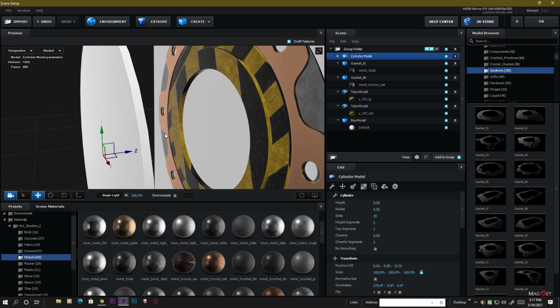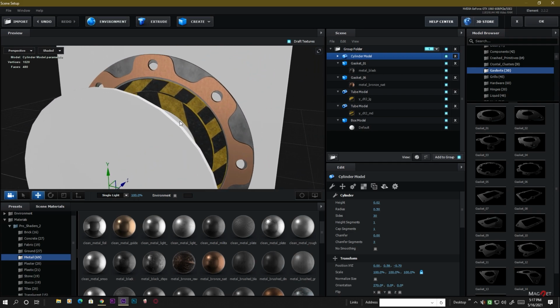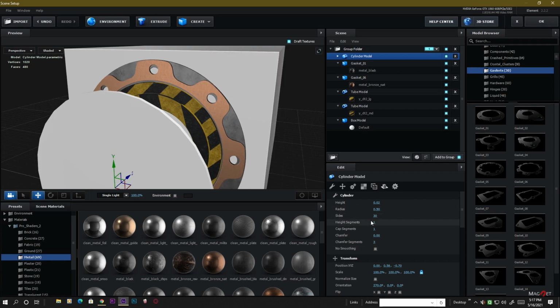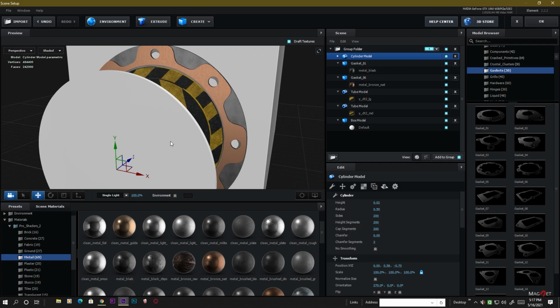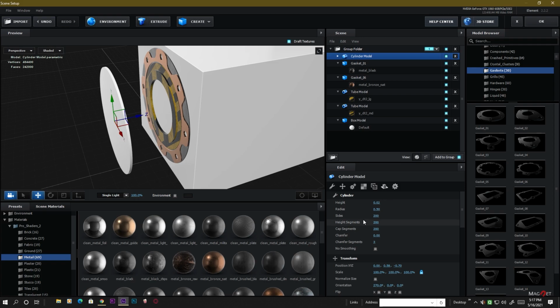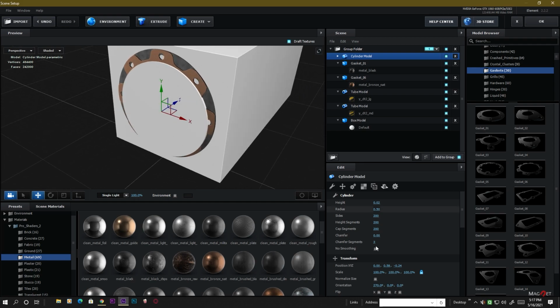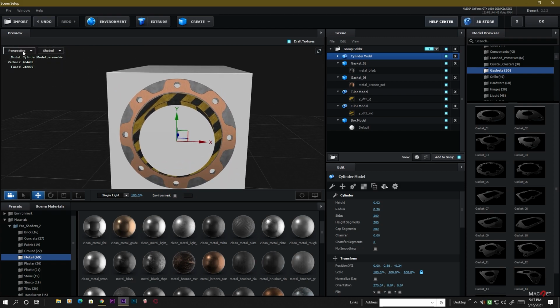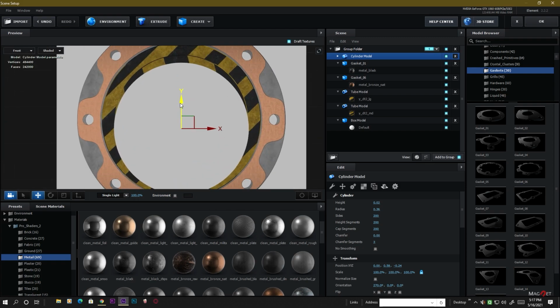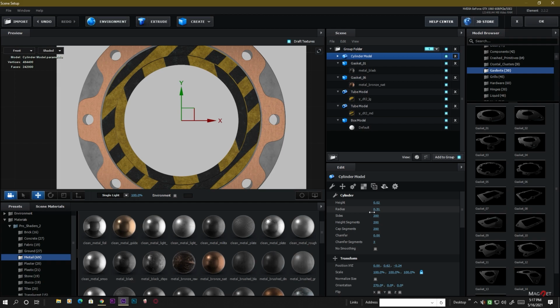like this. Okay, but if you can see, there are some rough edges here, so we have to fix this by increasing the sides. Make it the highest number, that is 200, and also increase those segments up to 200. Okay, so first we place it here and decrease the radius like this. Maybe we go to the front view again and place it here and decrease the radius